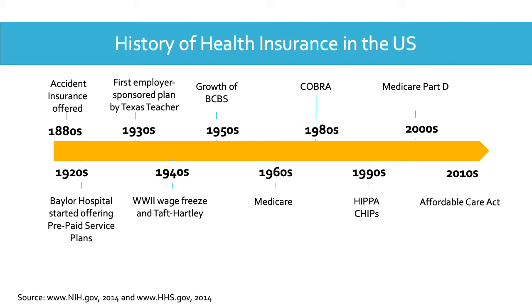They were able to spread the risk across all of the women, and everybody was paying in a little bit based on what they would need typically during a maternity stay in a hospital. So it was a very easy way for them to price it out and to sell it. And so they sold it to the Texas Teachers Union, and it was so successful that the Texas Teachers Union,